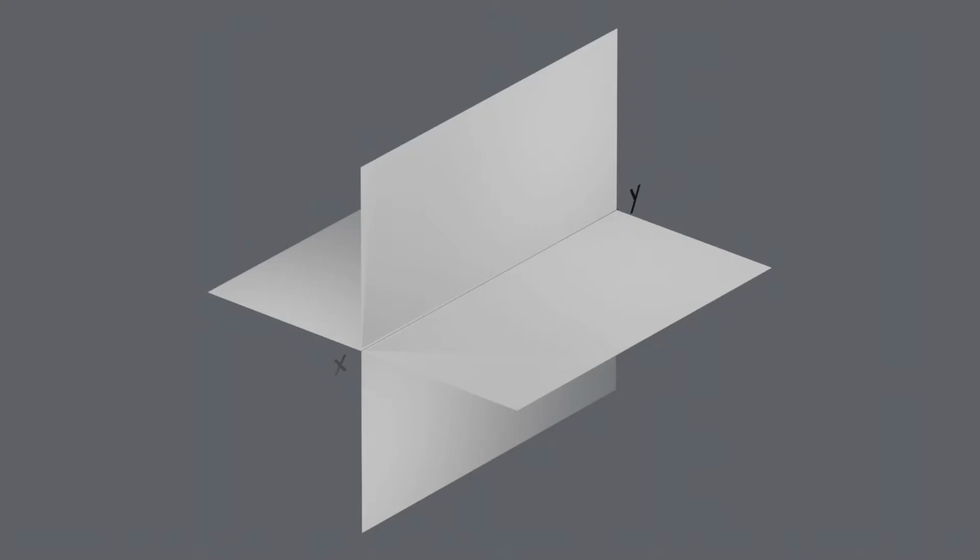This is part 2 of the basics of orthographic multi-view projection. In this video, we will see how the side view of a solid is drawn in addition to the front and top views. Before that, I recommend you watch the first part if you have not seen it yet. Generally, we only need top and front views to describe the features of an object. But in some cases, we need the side view also.